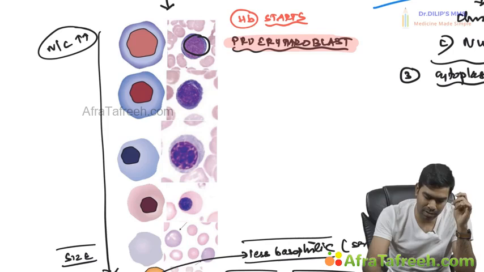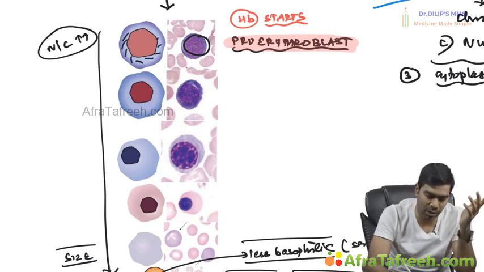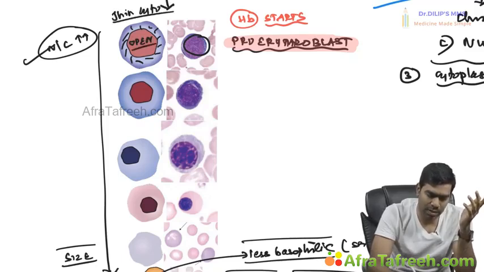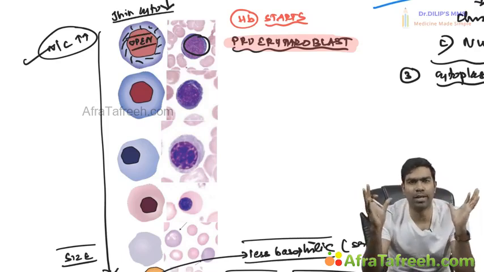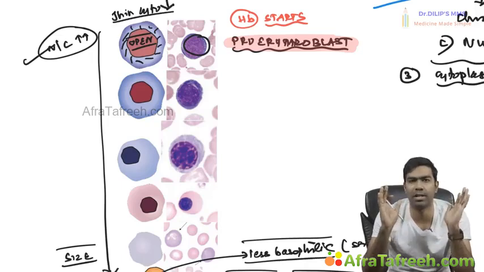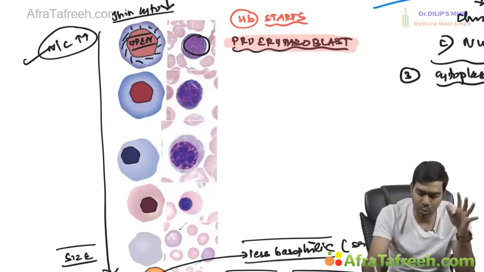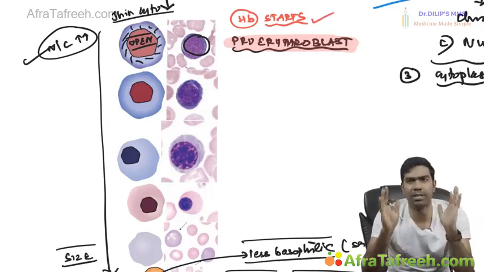Then the proerythroblast, apart from that, if you ask me the other things, you can see a very thin rim of cytoplasm, which means the NC ratio is very high. So very, very thin cytoplasm will be seen. And you can see an open chromatin. That means a very open, loose chromatin will be there. It will not be compact. It will not be that dark blue. It will be very light blue or even purplish red in color, the nucleus, because of the very open configuration of the chromatin. Apart from that, the most important point, if you ask me, is that HB synthesis starts in